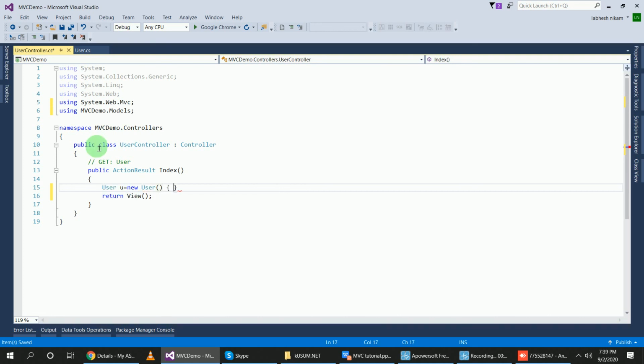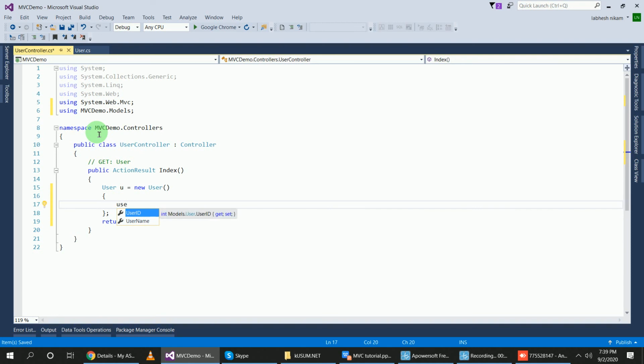Now write the data to pass to display on the view page, right? So user ID. Why are these variables automatically created and displayed here? Because I have added this namespace MVC_demo.models, so this class exists in this controller.